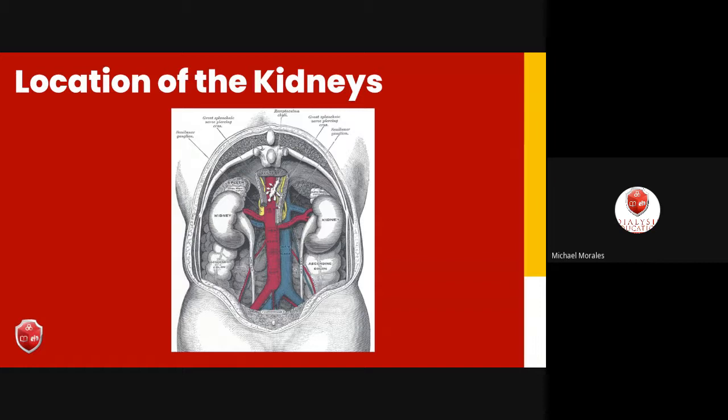So that's the basics of the anatomy, the high level. It's two kidneys about the size of a fist. Their location is really close to your back. They're called retroperitoneal, so on the back side of the peritoneum. If you were to dissect from the back, you'd have some skin, some ribs, some muscle, and then the kidneys,